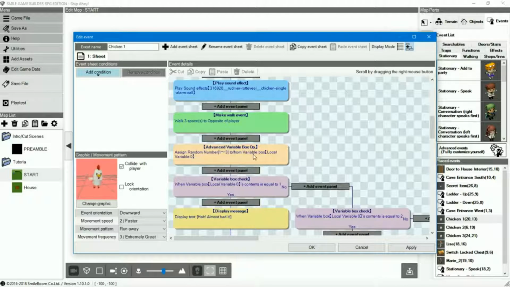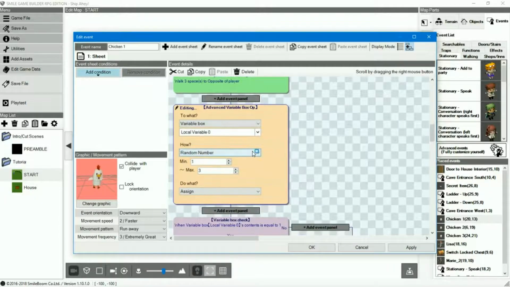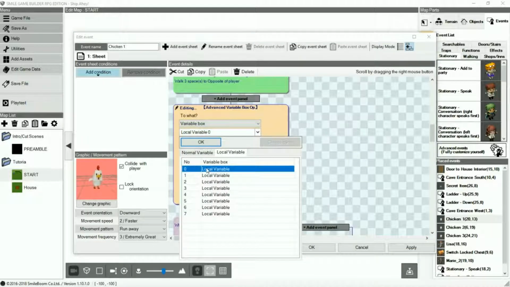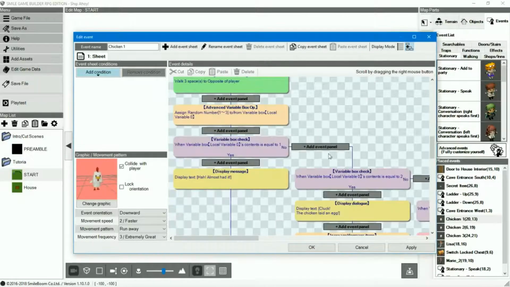Next, we set up a randomizer with a variable between 1 and 3 for our purposes. I've used the local variable for this, since local variables are exclusive to the events they're used in, and I've presented the options accordingly. I guess you could use a regular variable, but for my purposes I don't see the point. Besides, because these are local variables, you don't have to use any additional variables, and you can free them up